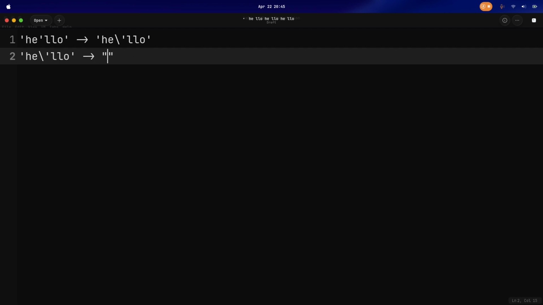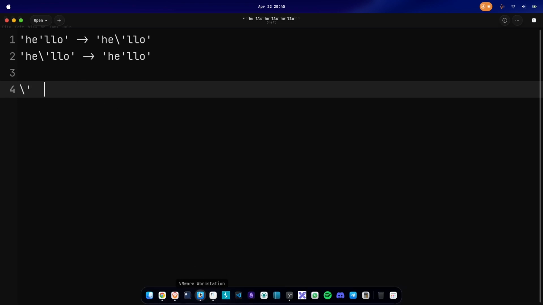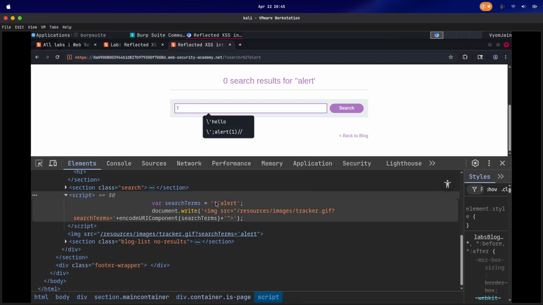So it will think that this ends here only, and this is the string. So I crafted a payload by adding a backslash and a single quote,